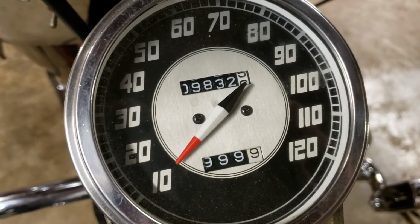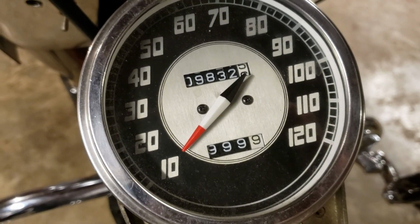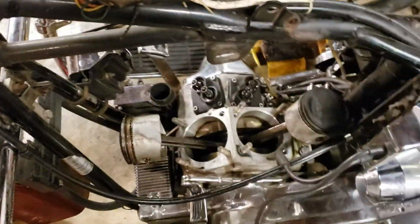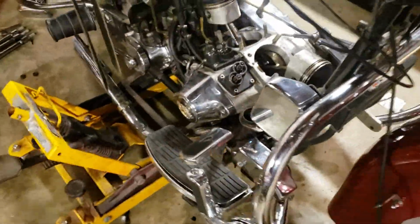That's what it's showing, and I know damn well that's not the mileage. Not by the looks of this. No way. But anyway, that's what I found so far. Like I say,